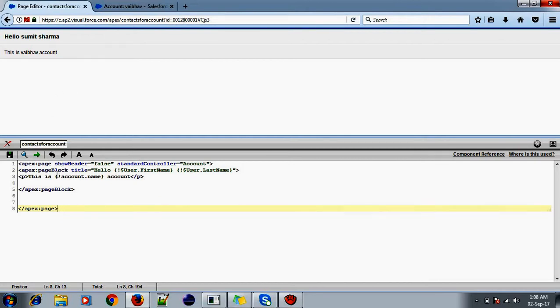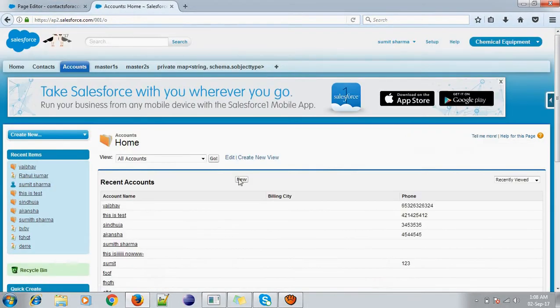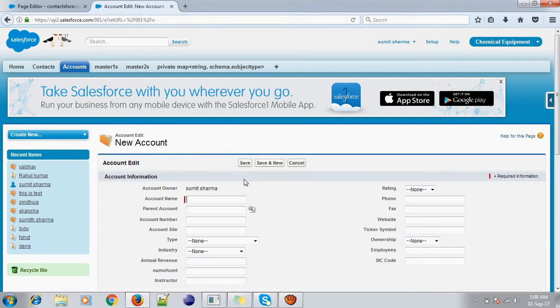So with account.name, it now knows that it has to take the name from the ID, and this ID we have mentioned here. Similarly, for any account we create, an ID will be generated. Let me create a new account. Let me name it Rahul and save it.